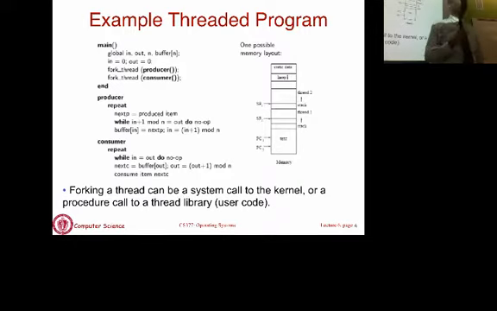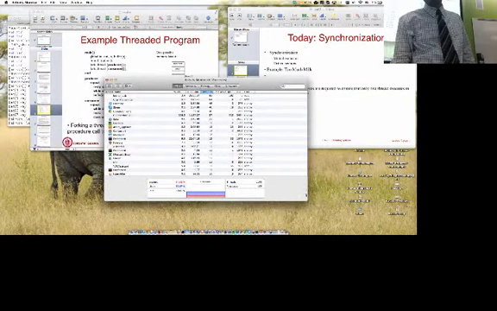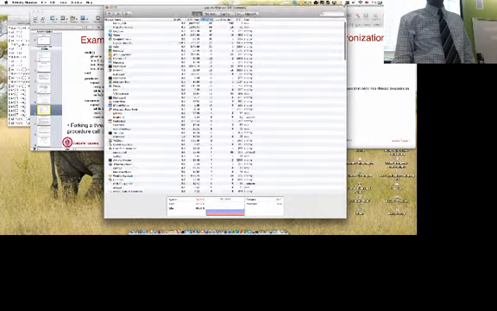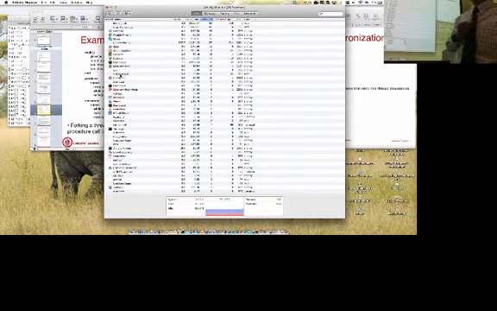Now, just to give you an example, I'm going to show you typical processes that run on a system, and you will see that by and large, most modern processes are multi-threaded. This may be hard to read, but that's the set of processes that are executing. You can also run top and see the same thing.